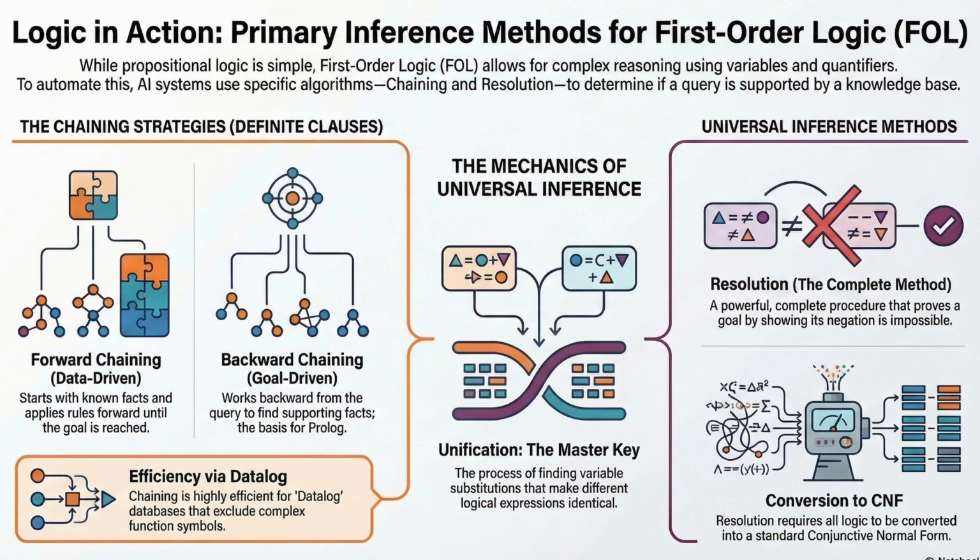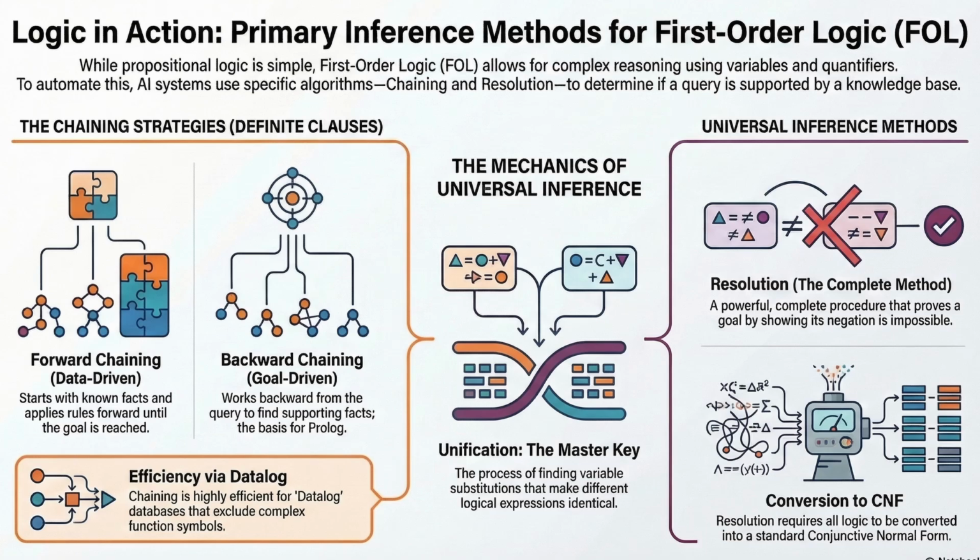Okay, so we have forward chaining for data, backward chaining for planning. But the notes say these methods have a serious limitation. They mostly handle definite clauses. If A and B, then C. But what about negation, if not A, or disjunction? A or B is true. That is exactly where the specialized tools fail.